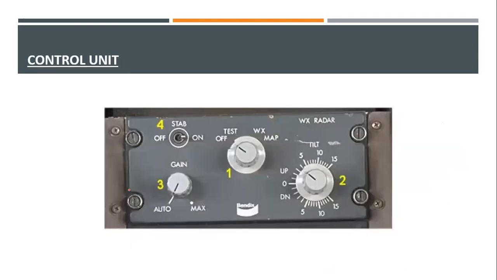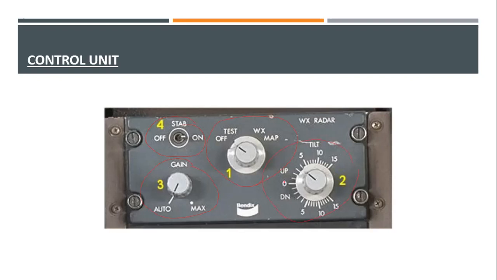All right. Now let's come to the part which pilots will handle. Pilots will use this, known as the control unit. This is one of the older versions. You can see what the things are here. One is the same thing, basically your switch on and off. Then you have gain. We'll understand what gain is. Gain is the intensity, how much you use the radar. Then you have the functional switch, and then you have the tilt, whether you can tilt it up or down.